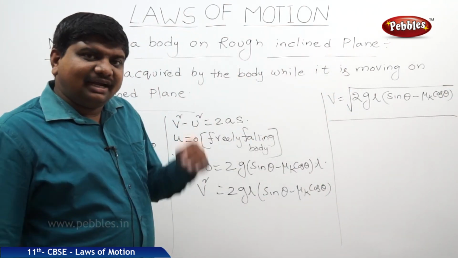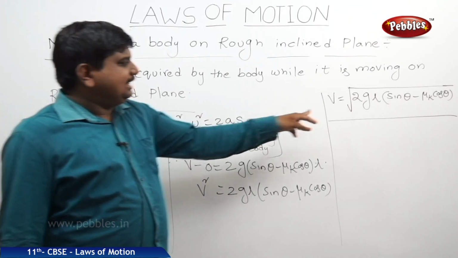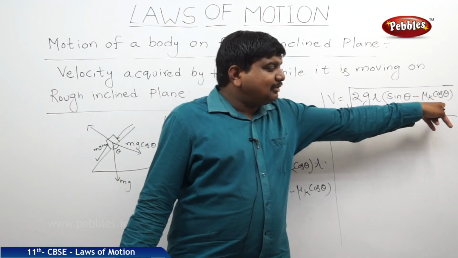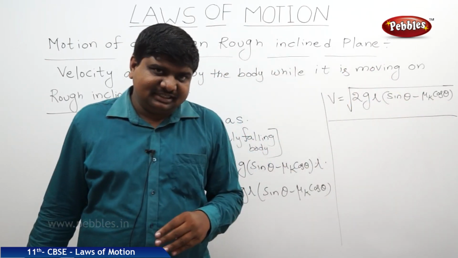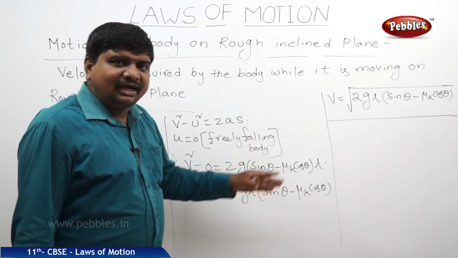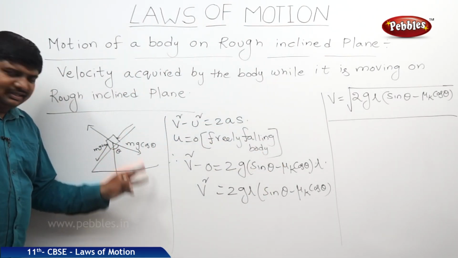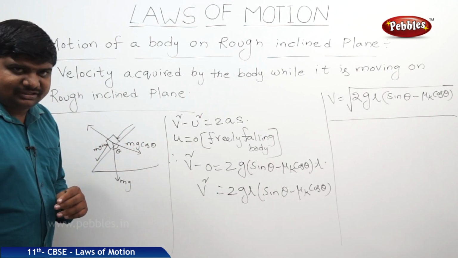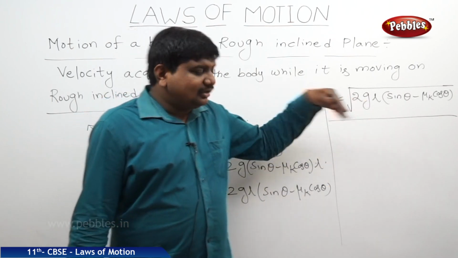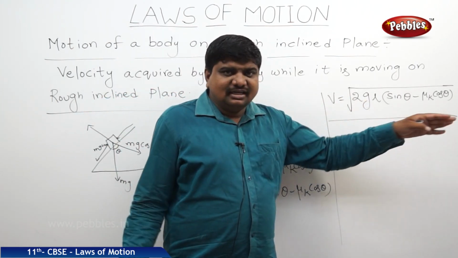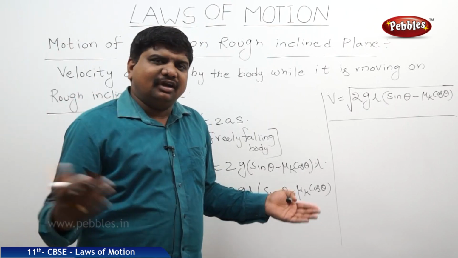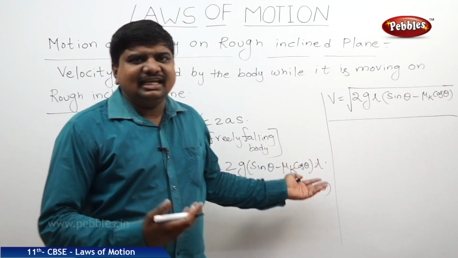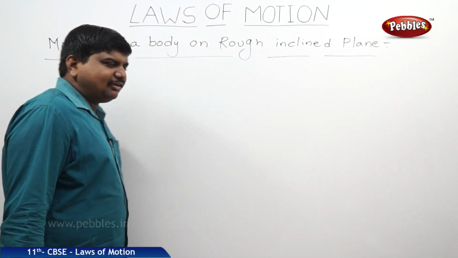While we were discussing the kinematic equations of motion without friction, the equation we got is v is equal to under root 2gh. Along with that, (sin theta minus mu k cos theta) is also multiplied in the equation. So why is it multiplied? It is because of the angle of the sliding, the resolution of the force components, as well as the frictional coefficient. So if you include these three physical quantities, the formula will change like this. If they are not included, for a freely falling body or a free-fall body, it will be simply root 2gs or 2gh or 2gL. The next concept is time taken for arrival.